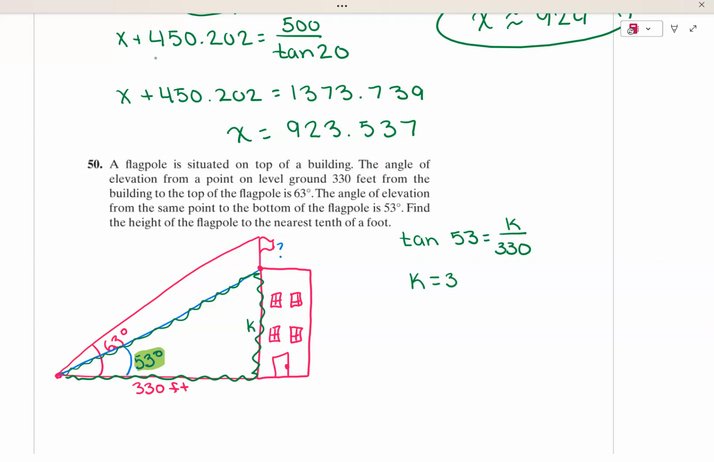So K equals 330 times tan of 53. Oops, I hadn't typed it in. It would help if I type it in, right? So we get 437.925. And I'm going to put that out here. 437.925. Okay. Then